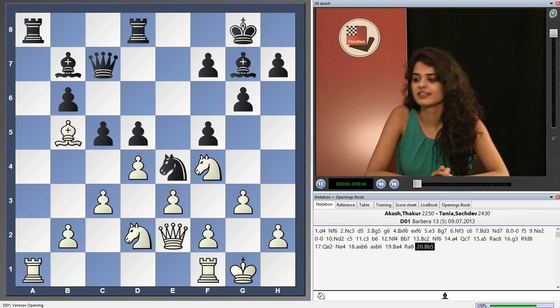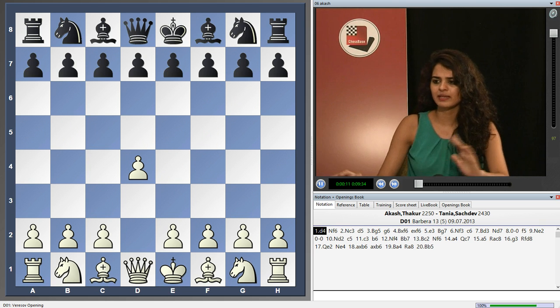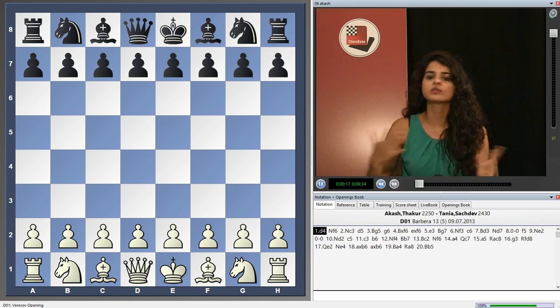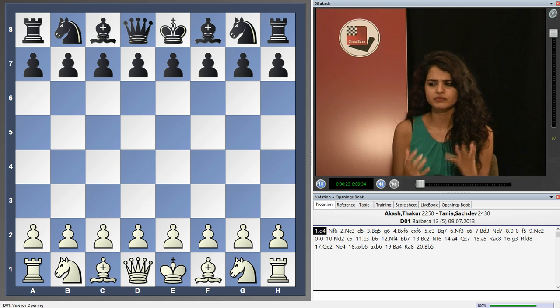So in this game, I was black against Akash Thakur, and it's kind of an interesting game. I'm just gonna go back to the beginning of it. It shows how the side that has space advantage must continue to play, and how if you're